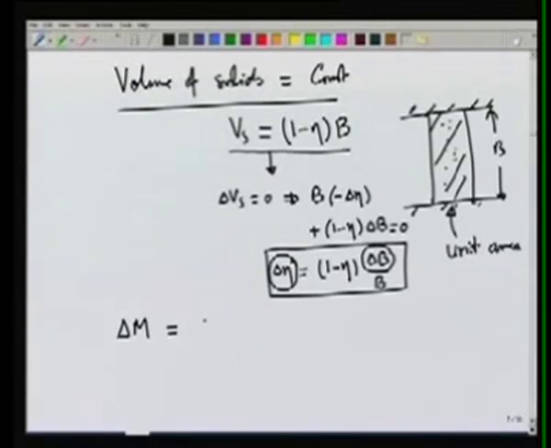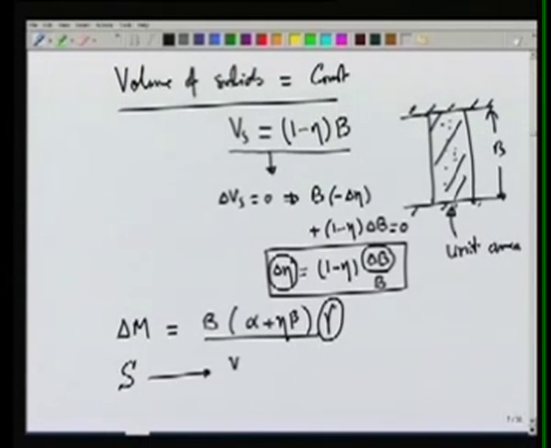So we write delta M in terms of the aquifer thickness B into alpha plus the porosity into beta multiplied by the specific weight gamma. Now this we will need because we have said that we want to find out storage coefficient S,